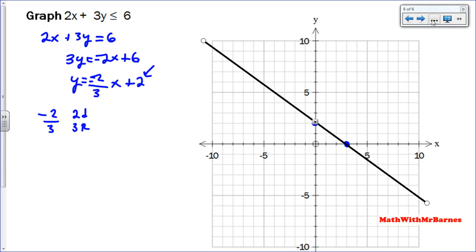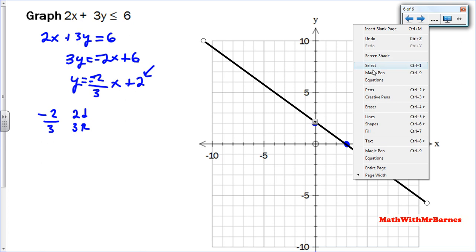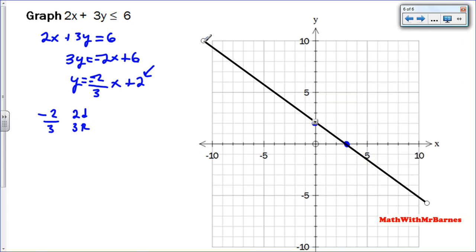There it is. Let me see, pens, black line. I'll put the arrows on the end there. And then what I want to do is pick a test point. Again, (0, 0) is a good point. It's far enough away from the line. So my test point